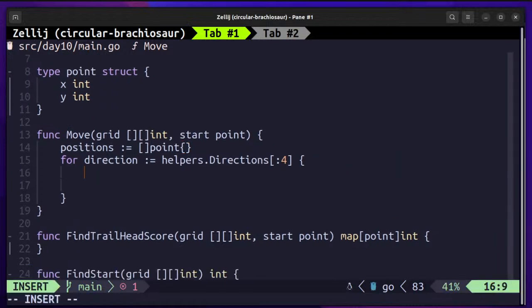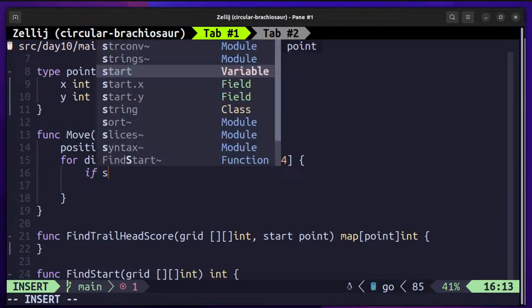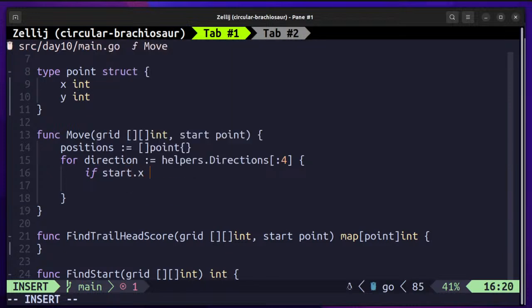And if the start of x is greater than 0 and the grid at start.x,